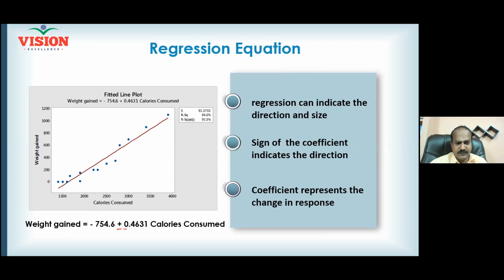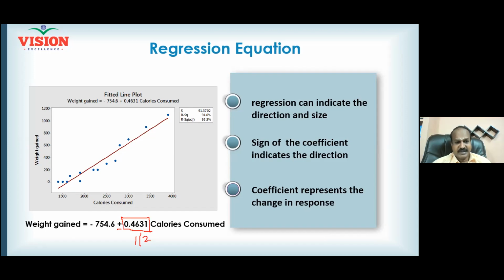And the regression coefficient is 0.4631. Can somebody tell me what it means? What is the meaning? Can you make a try? When I put 1 here, what does it mean? Increasing x by 1 unit will increase your y also by 1 unit. Am I right? When I put 2 here, when I increase my x by 1 unit, y will increase